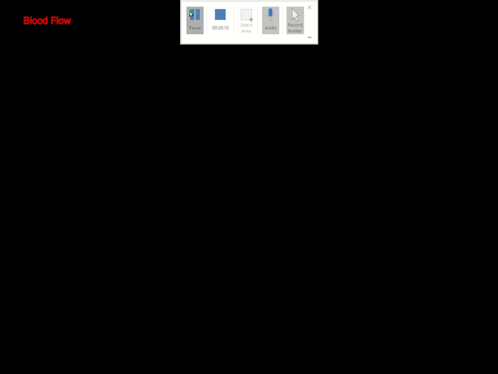So first, we take the freshly oxygenated blood that left our left ventricle through the aortic arch, then down the descending thoracic aorta, past the diaphragm, down the descending abdominal aorta,